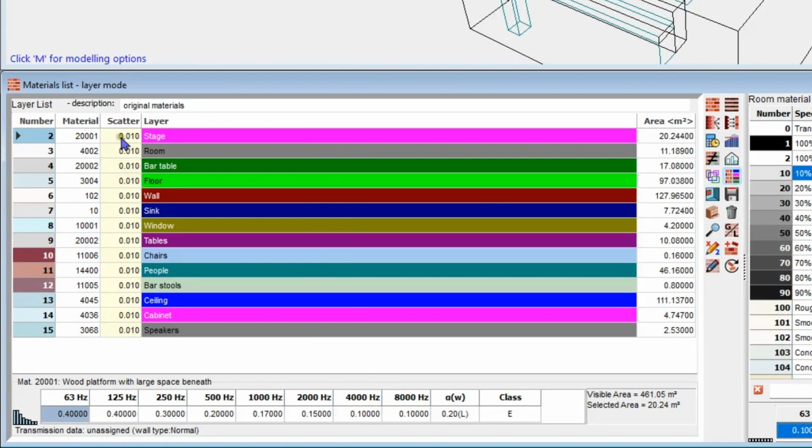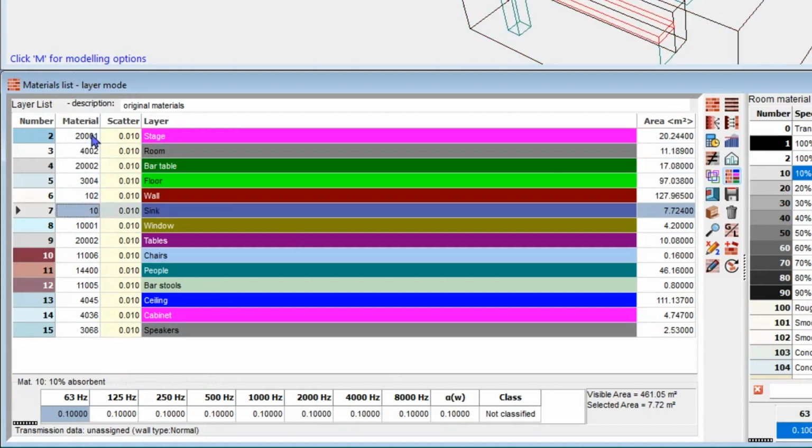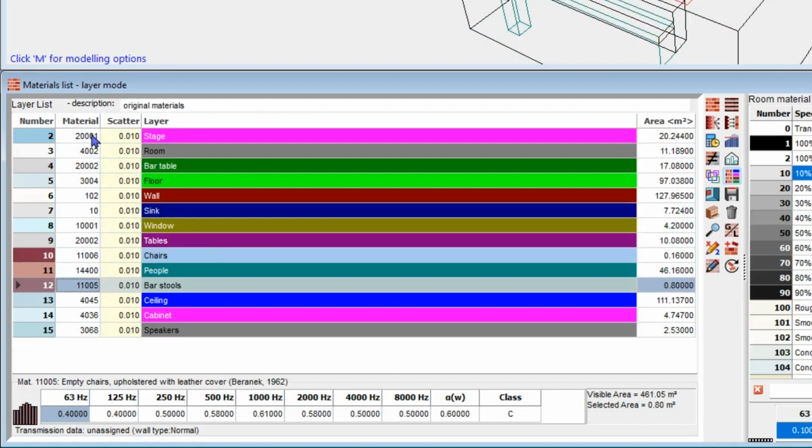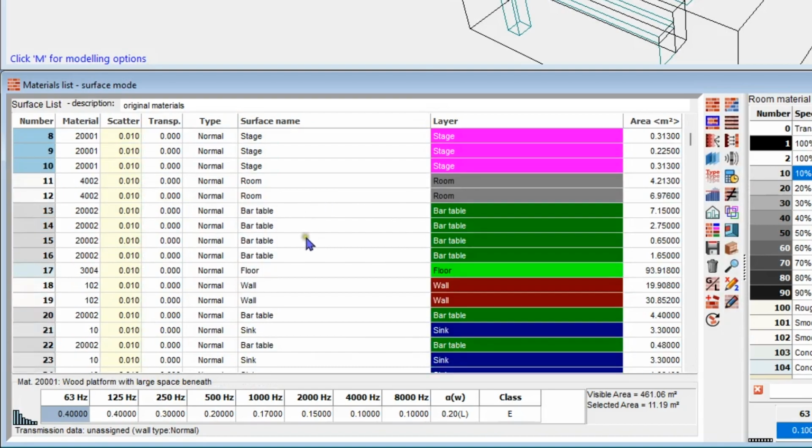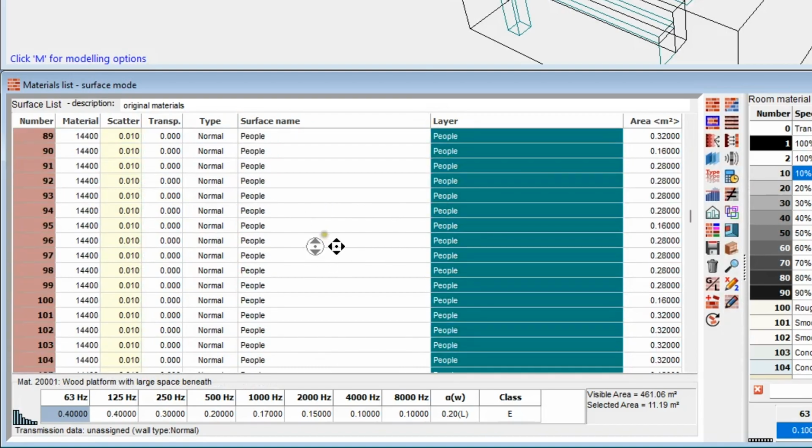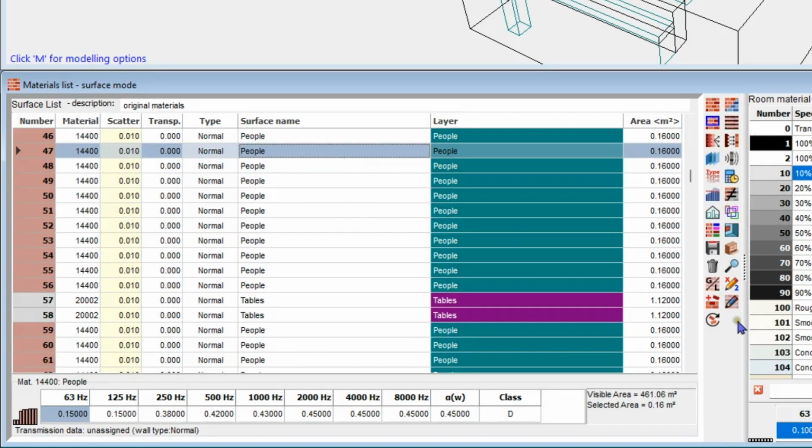So you'll notice here that normally we would have a surface list here, but actually there's not so many entries in this list. And if you read closely, you'll see that it's in layer mode. So you assign materials by each layer. And in this model, each of the layers only holds one scattering coefficient and one material. So there's really no sense in having the full list of all these many surfaces here. You can just assign one for each layer.